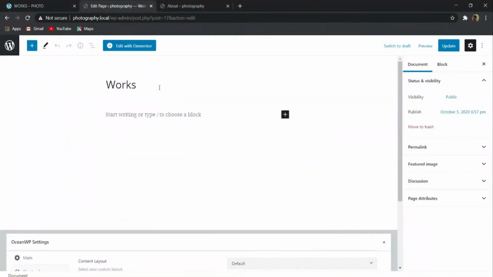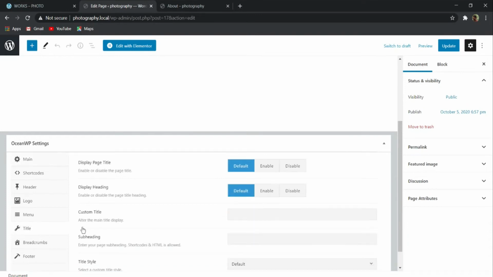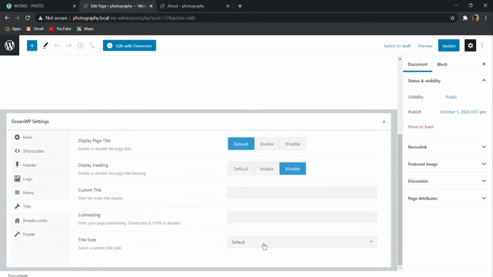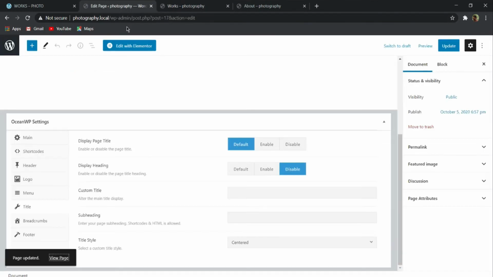So for this, again I will make the content to full width, and here on the title section I will disable the display heading, and title style I will make it center, because I like it to make it center. Now let me open this on a new page. So now here you can see that this breadcrumbs is on center. So now I will click on here edit with Elementor,